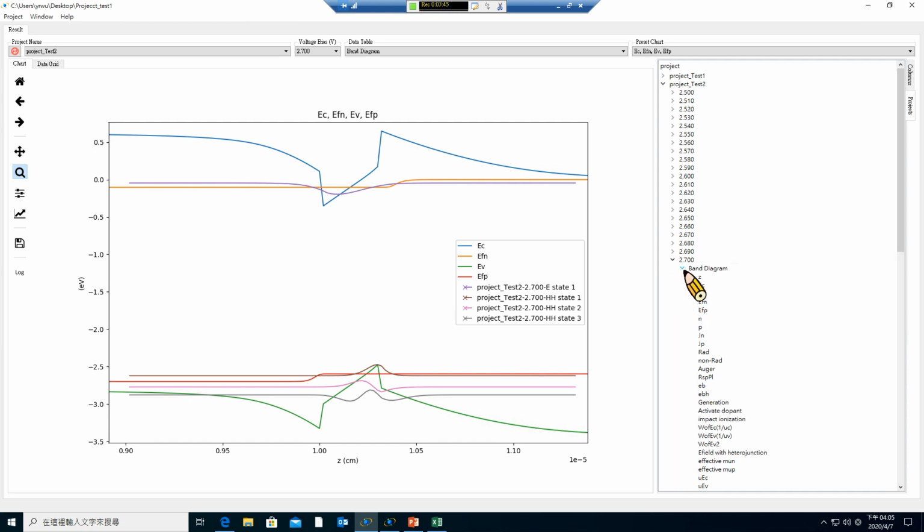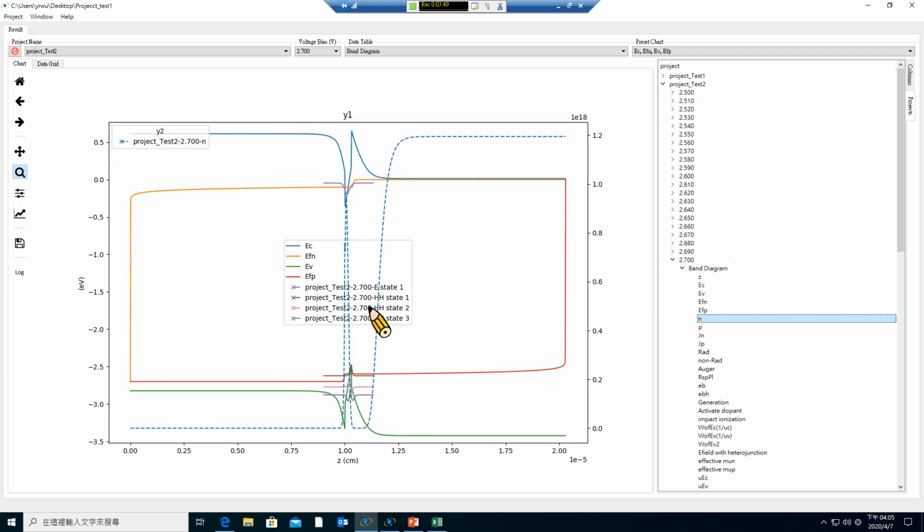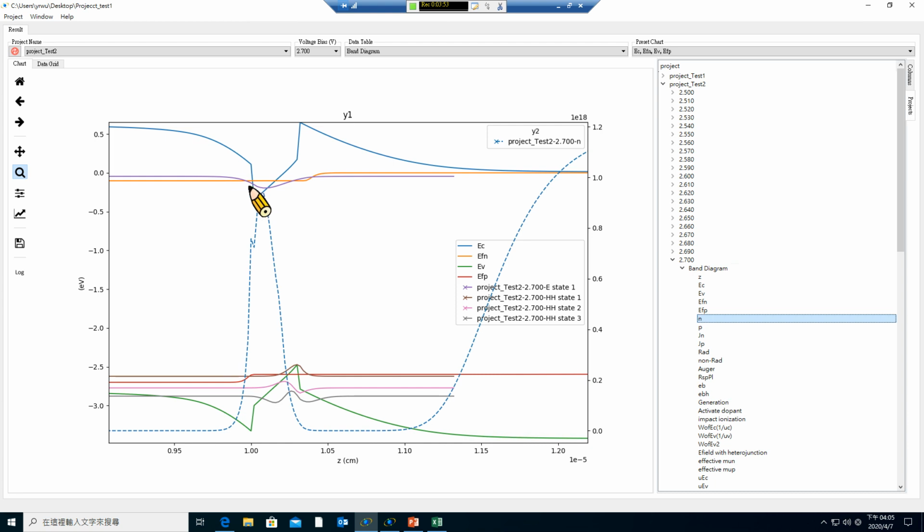we can go back to the band structure, press the N right button. Then if you look at this, this is the electron wave, and there is a discontinuity here. This is due to the quantum well. Carrier density is something like this. And the same for holes. This is the first hole wave, and if I put holes,